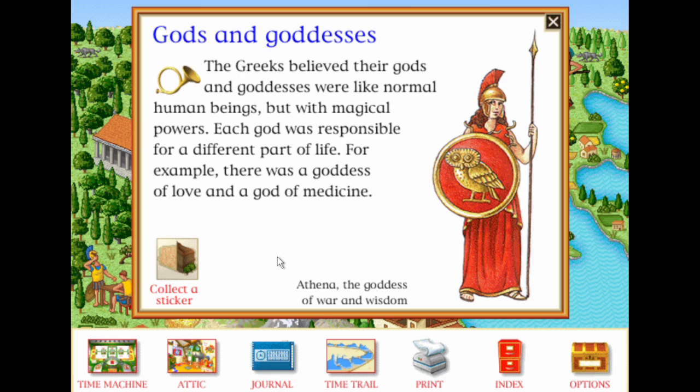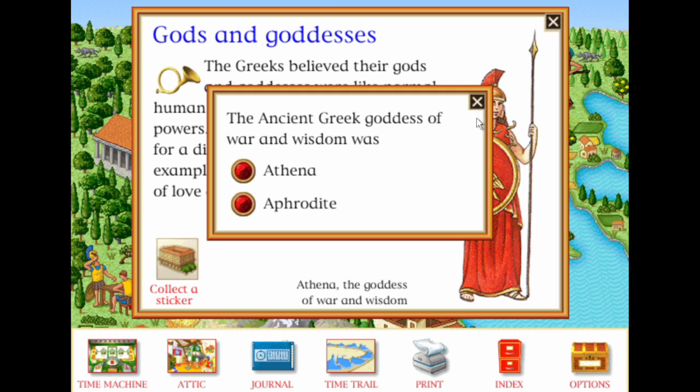Gods and goddesses. The Greeks believed their gods and goddesses were like normal human beings, but with magical powers. Each god was responsible for a different part of life. For example, there was a goddess of love and a god of medicine. The ancient Greek goddess of war and wisdom was